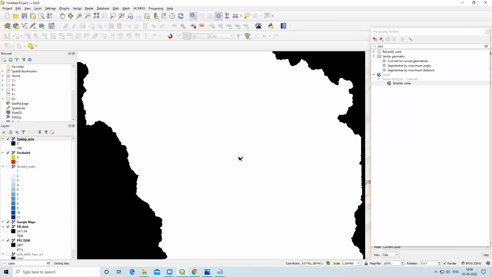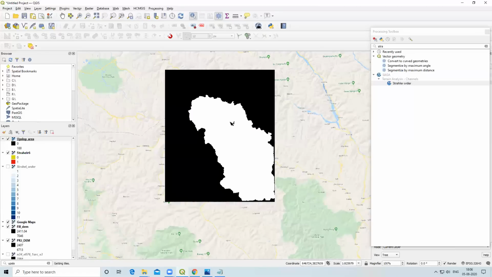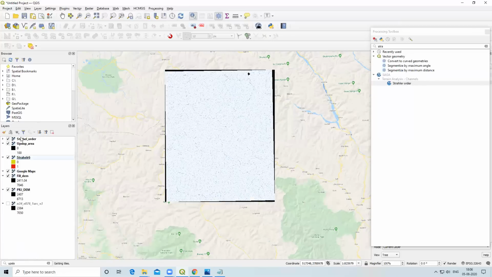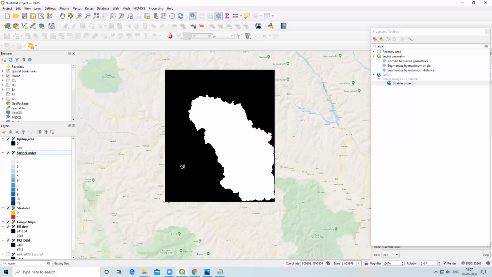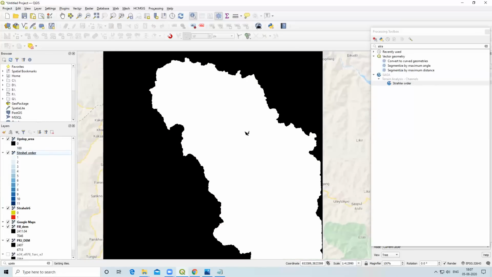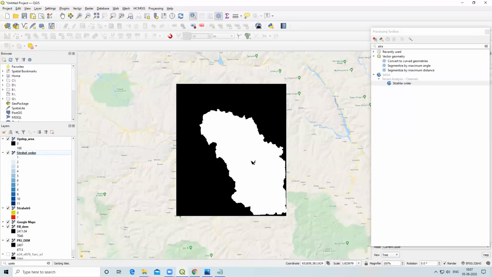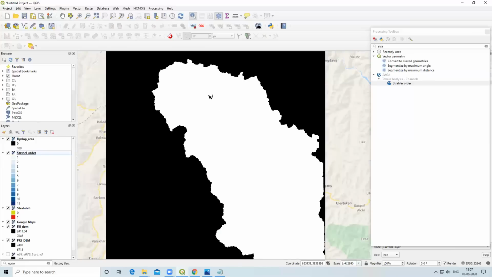This watershed is still in raster form. If I drag it above, you can see the Strahler order and upslope are both in raster format. But to delineate this, we have to convert it into vector format.